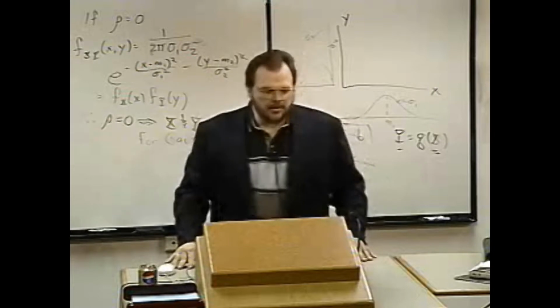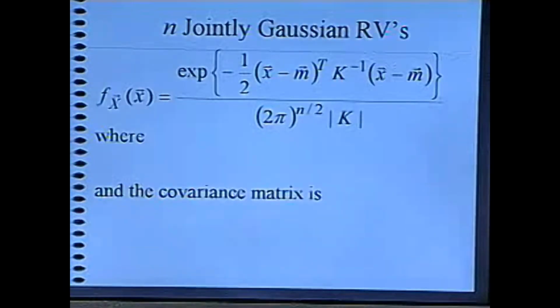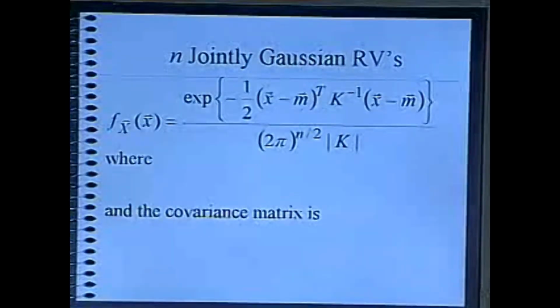We extend here, like the Hottentots, I told you about the Hottentots. They could only count to 3. We can only visualize in 2 dimensions, so we go 1 dimension, 2 dimensions, many dimensions, because we can't comprehend above 3. So we can go to n jointly Gaussian random variables, where we no longer have the ability to do accurate